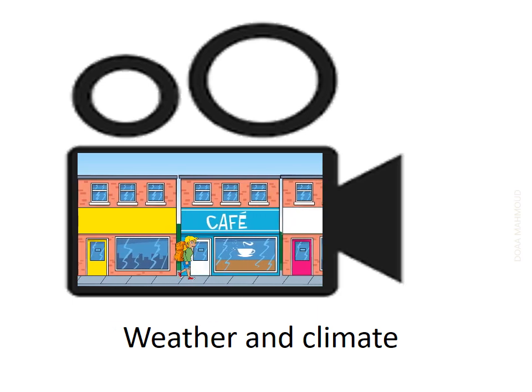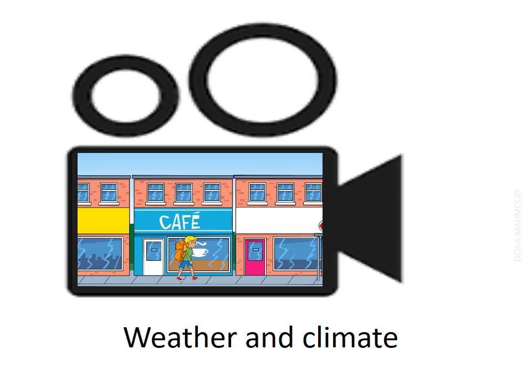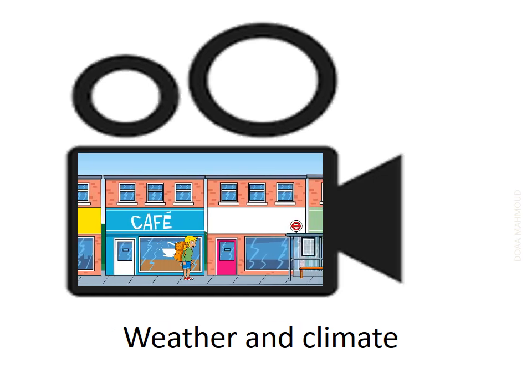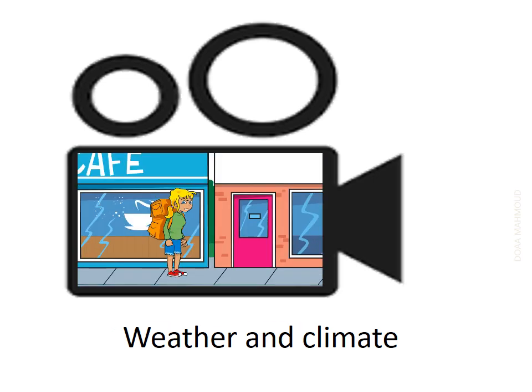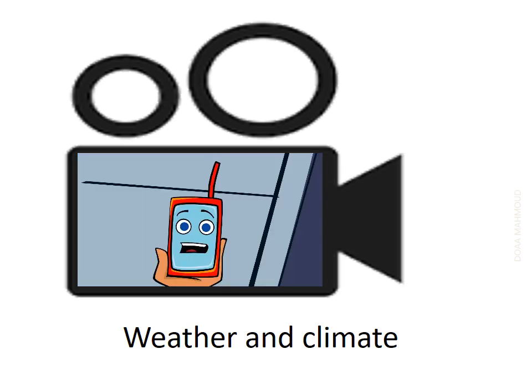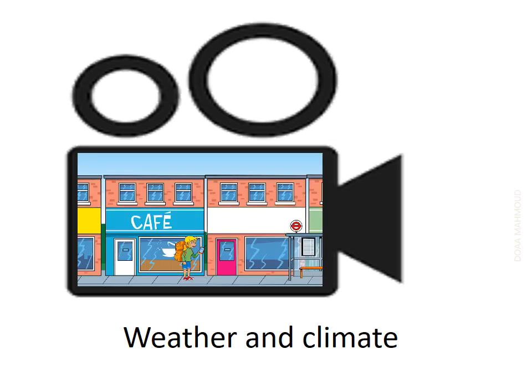Now, as we've been finding out, when you hear the words weather and climate, you might think they mean the same thing, but they're quite different. Isn't that right, Mappy? Yes, that's correct. It might be rainy today or it might be sunny. That's the weather. But climate is the pattern of weather in a place over a much longer time. And different parts of the world have very different patterns of weather.